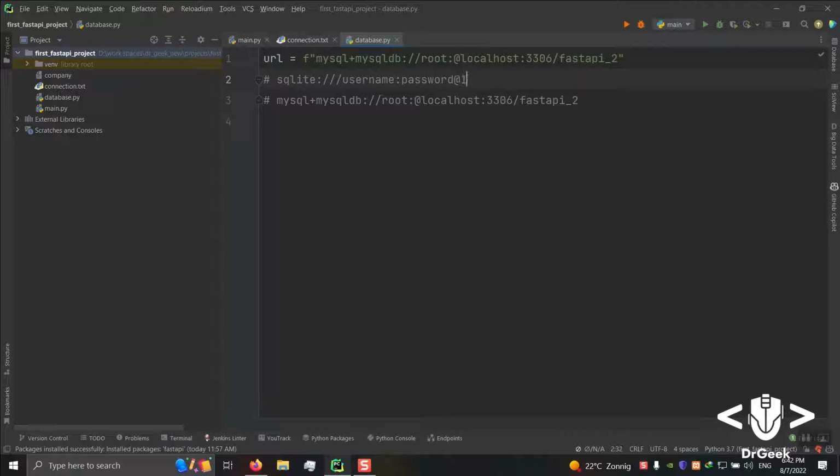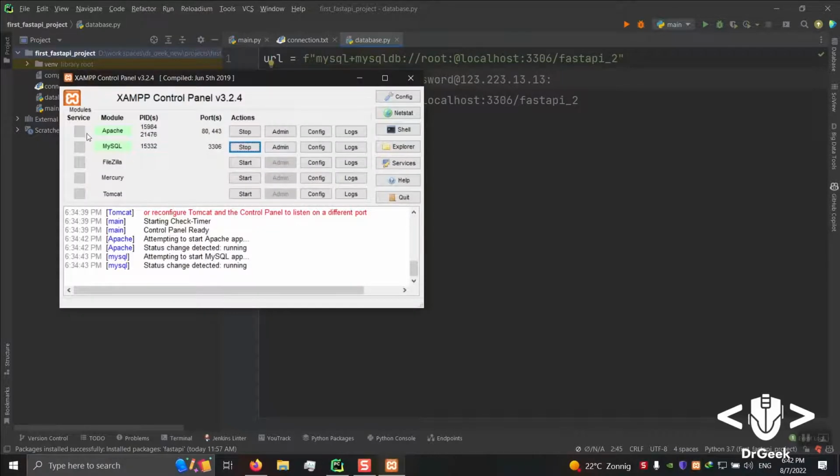That's going to be some weird number. And this is going to be your IP, a colon, and the port that you are going to connect to. In my case, if you are using MySQL and using XAMPP as your server, you can just see this here in ports. You can use 3306. Super simple.